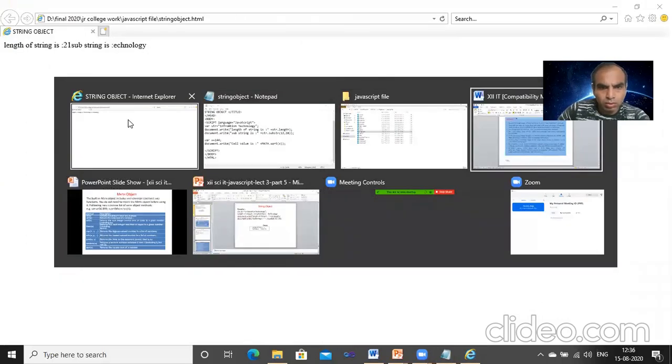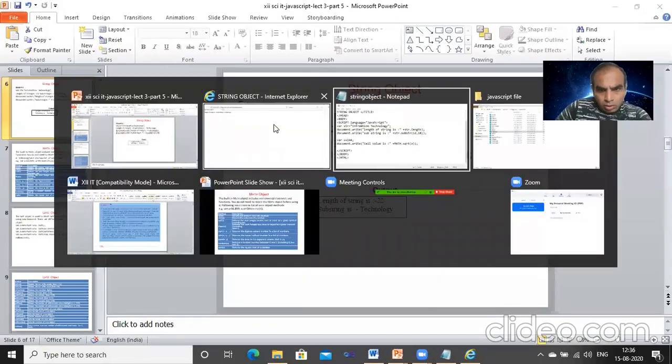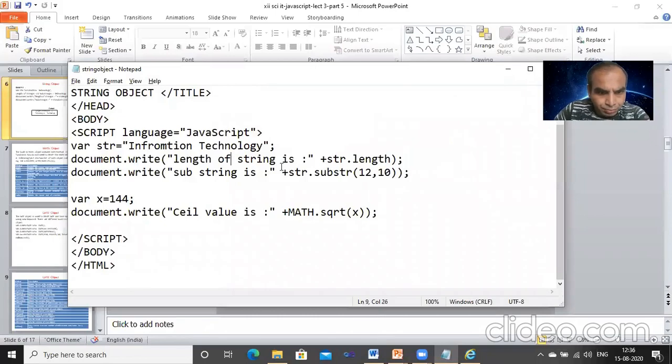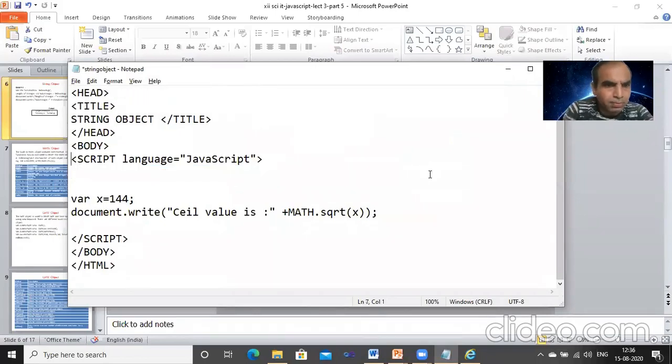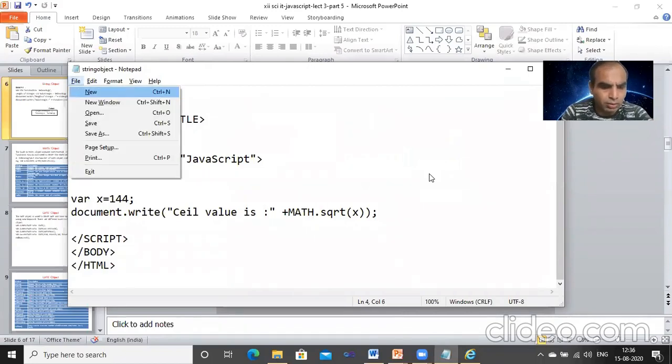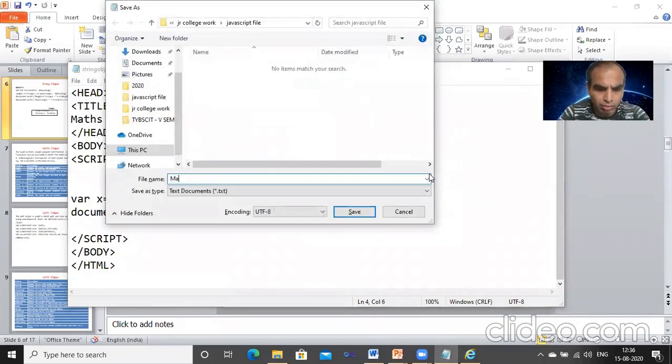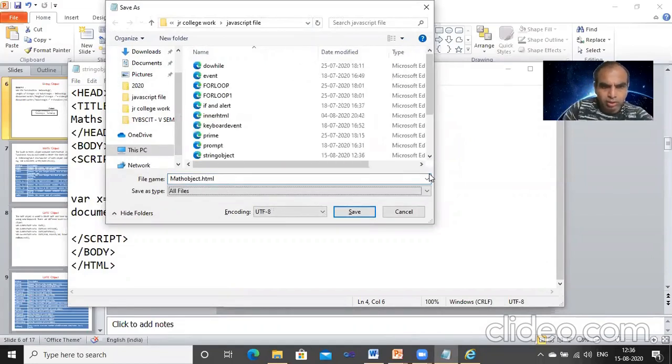Delete that, use the new functions. Math object file, save as math object dot html, all files, save it.